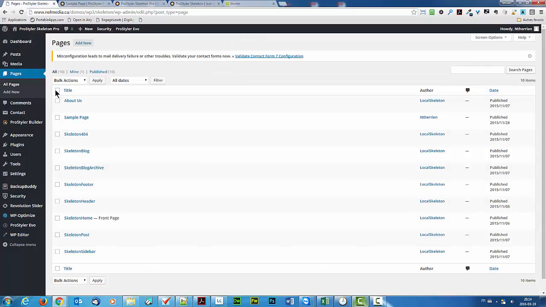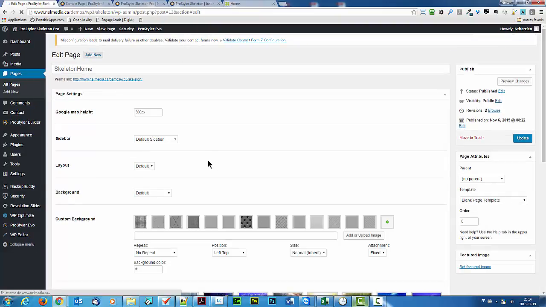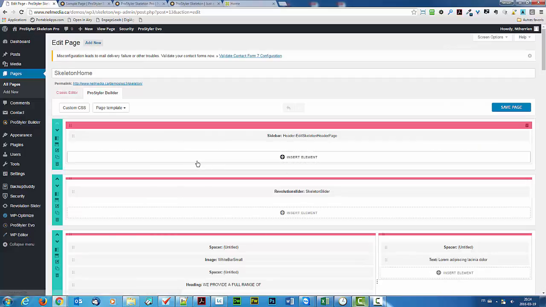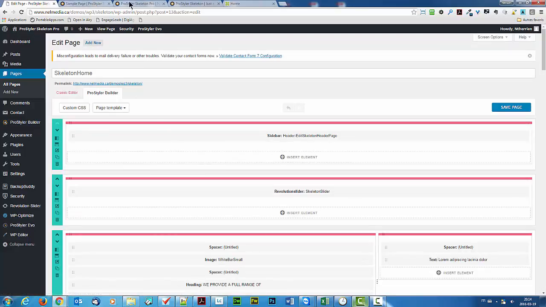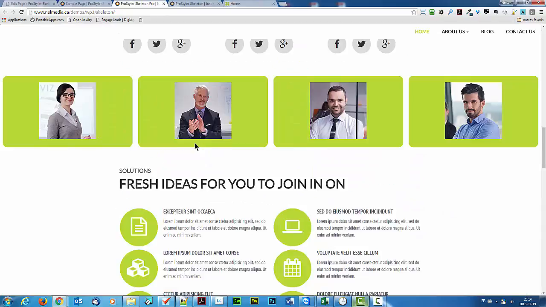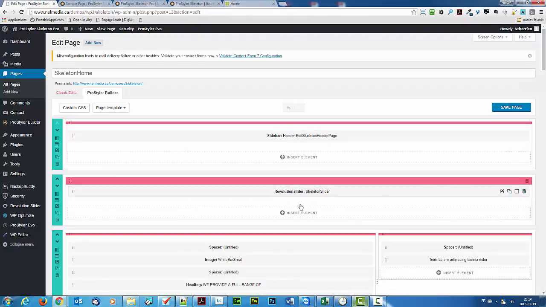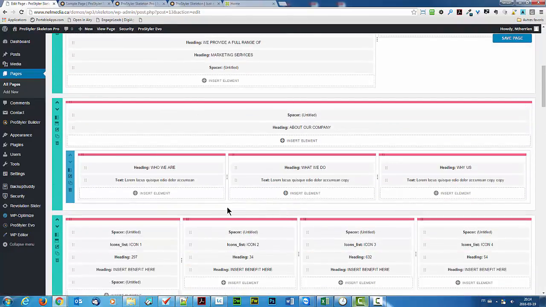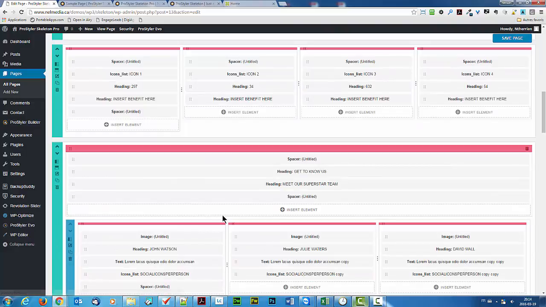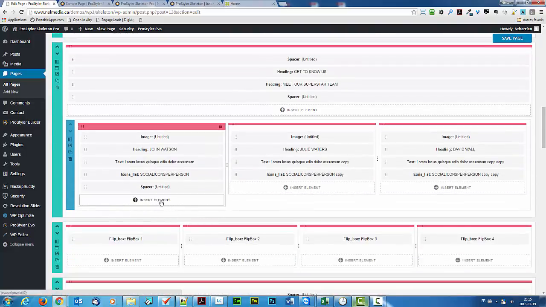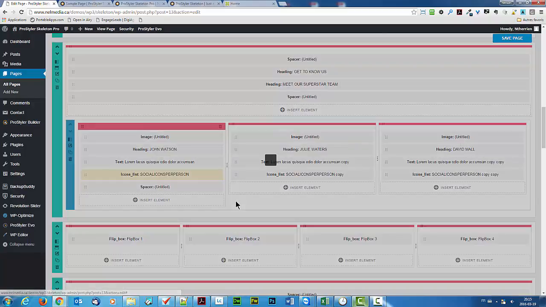So first of all, these are pretty simple. We can do that directly with ProStyler. So if I open my home page, just to show you how that was done. Remember that every item can be animated. So in this particular case, I animated, first of all, the social buttons here. So social buttons are just the Superstar team. These are the social icons here. Okay, so if I edit that element,